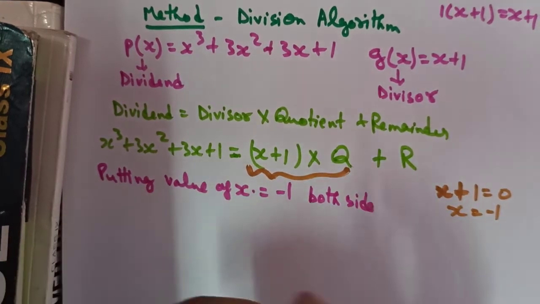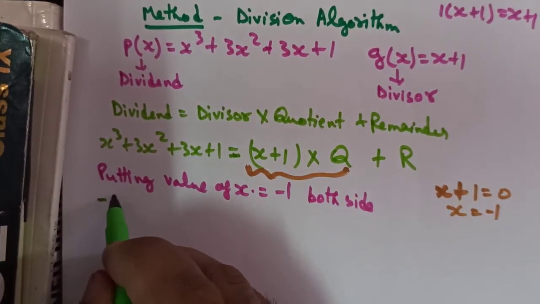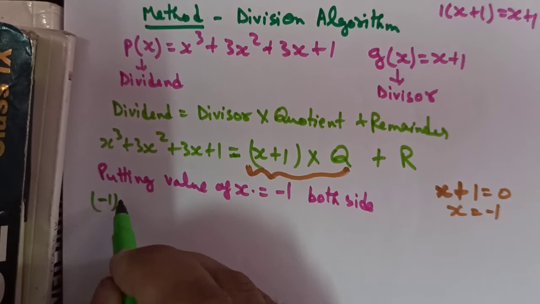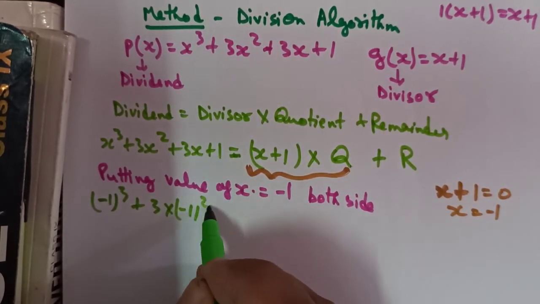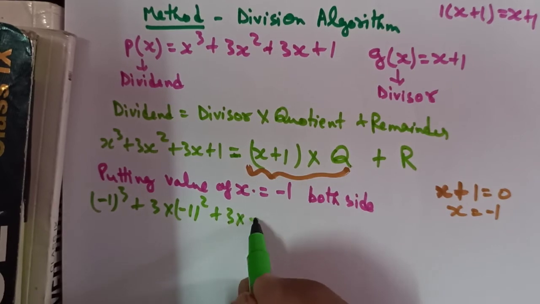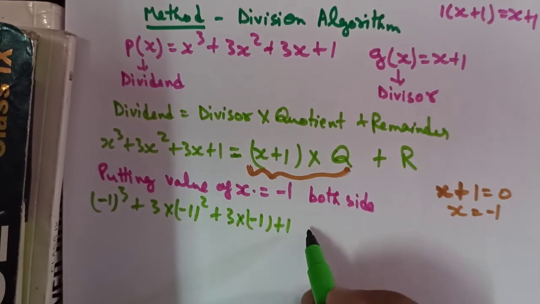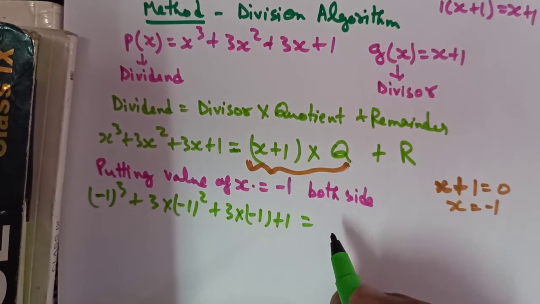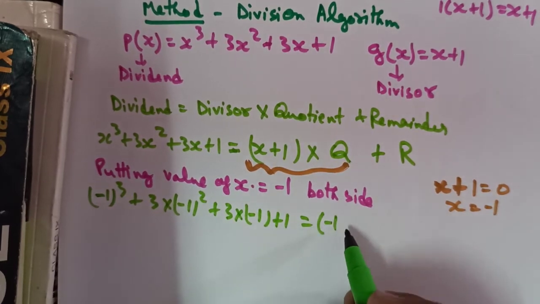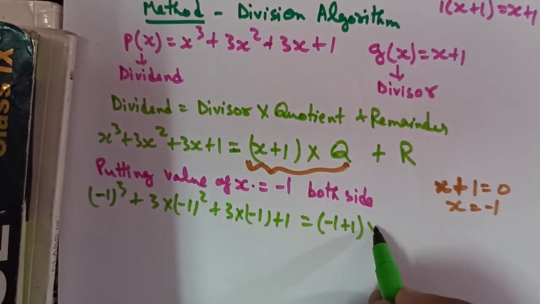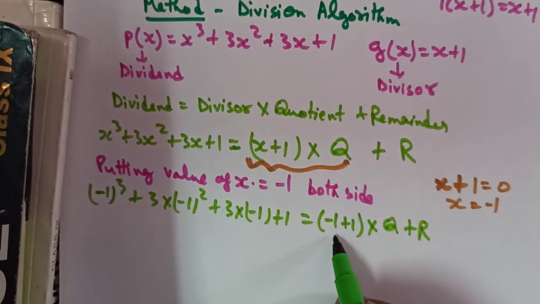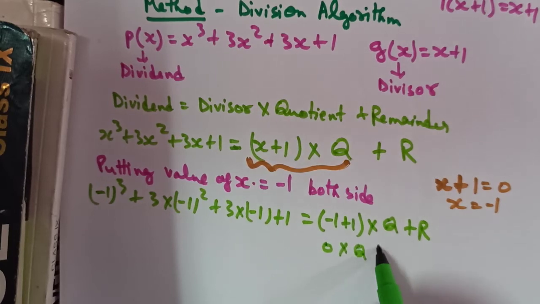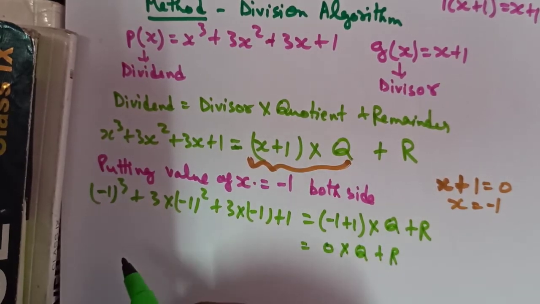Here we will be getting minus 1 cube plus 3 times minus 1 square, plus 3 times minus 1 plus 1, that is equal to x plus 1, that is minus 1 plus 1, into q plus r. So this minus 1 plus 1 is 0, 0 times q plus r,